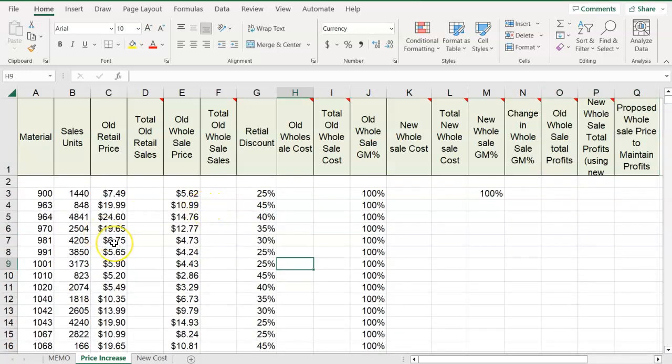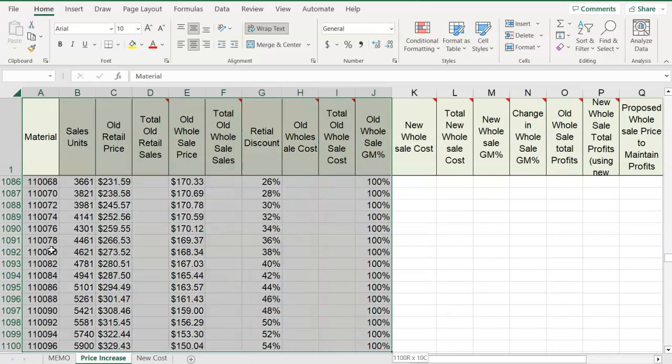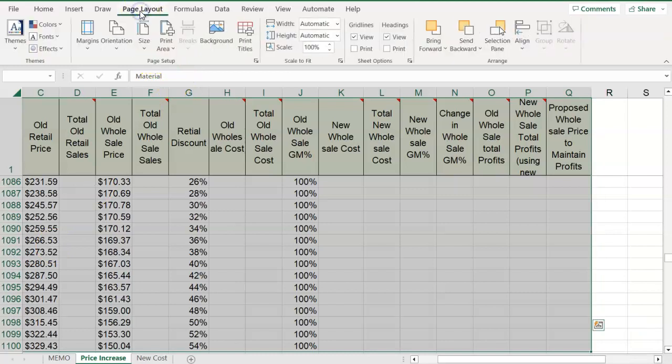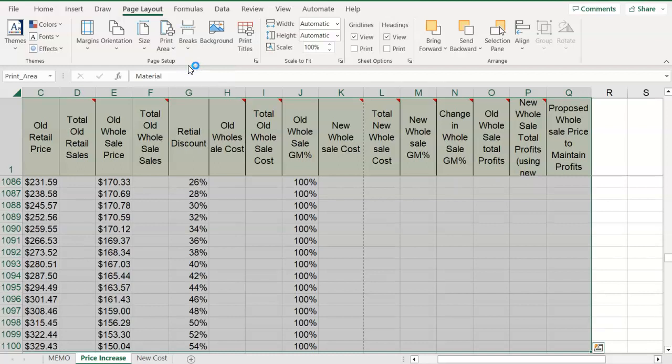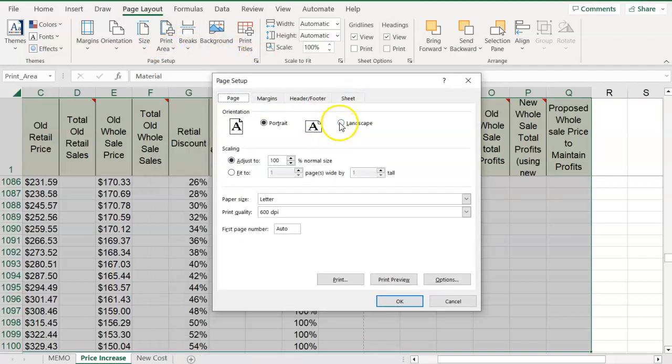Now, I want to set a print range. So I'm going to highlight, I'm going to hit the Shift End key to get to the bottom, and I'm just going to hit the Page Down key to highlight the whole area, and then I'm going to go to page layout and set print area. But I don't just need to set the print area, I need to also do the page setup. After the print area is set, I'm going to go to page setup, and then I'm going to do landscape,